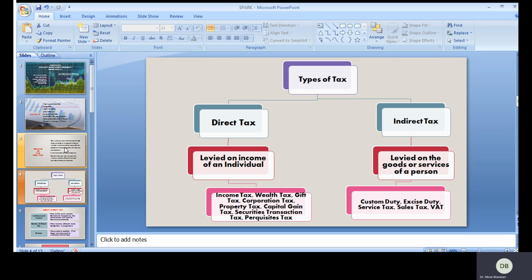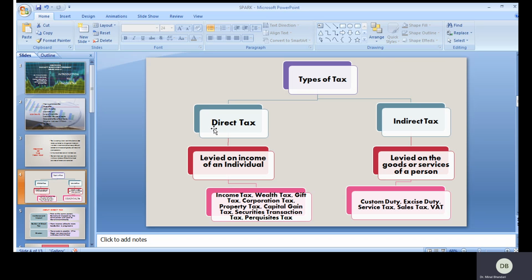In this slide, we will see what the types of taxes are. There are two types of taxes. First is direct tax, and second is indirect tax. Direct tax means tax which is levied on the income of an individual, whereas indirect tax is levied on the goods or services of a person. That means whenever we are purchasing some commodities, at that time we are paying